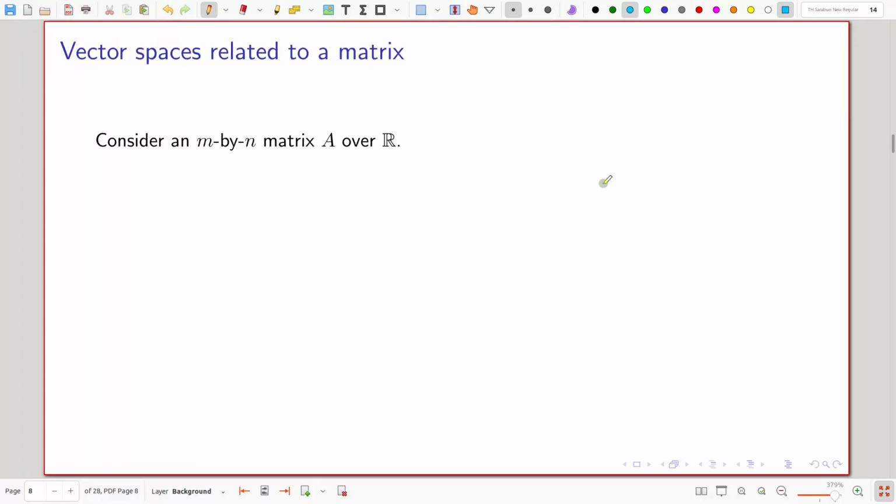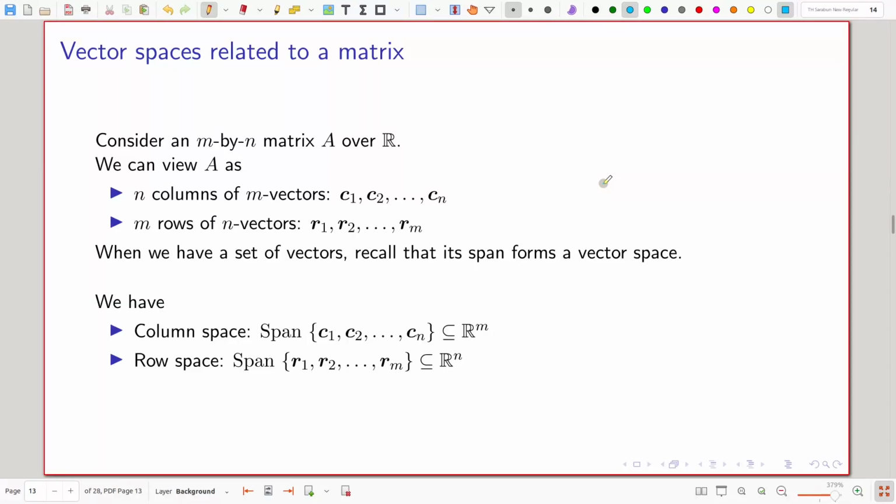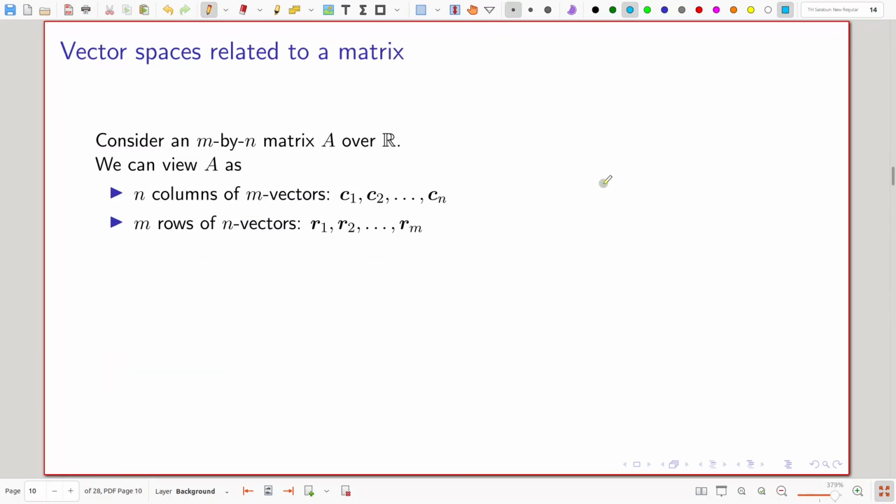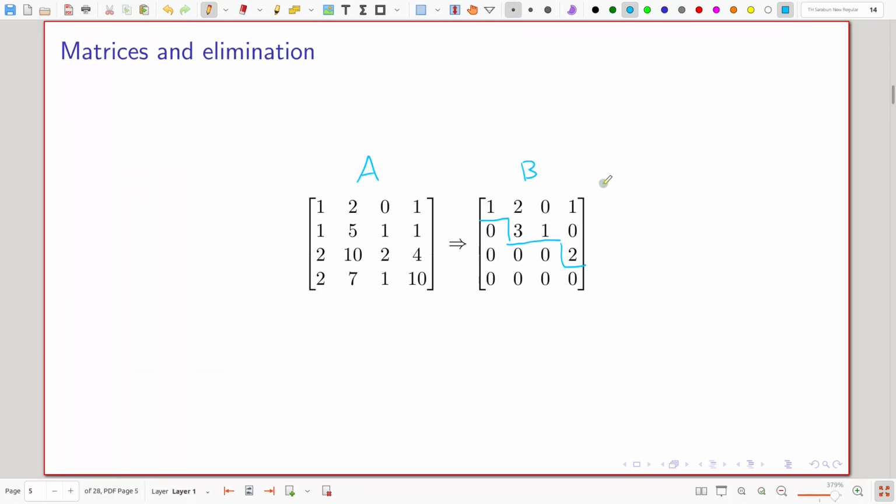When you have a matrix, we'll come back to that later. Let me try to finalize the rank. We know that B has 3 linearly independent rows.